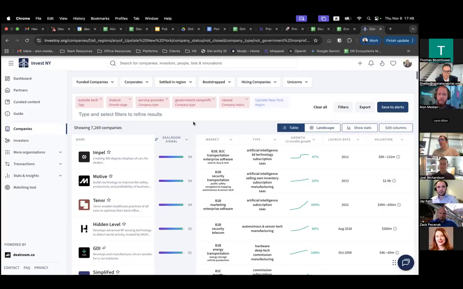So there's two things at play here. One, we're always happy for accelerators, incubators, etc., to share their data with us. You can do that through the chat as well. You can basically send us an Excel file with the details that you can share about the company. The minimum that we need is a name and a URL. So don't feel like you have to share anything more than that. But we do need a URL. So if a company does not have a website yet, they should get one. Otherwise, we won't be able to build a profile for them.